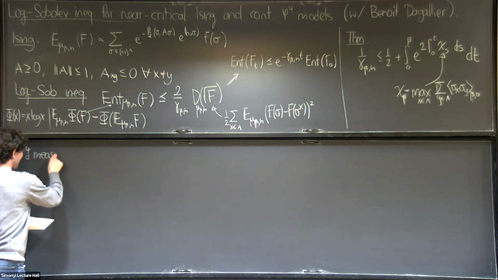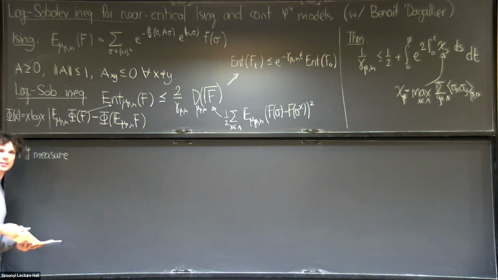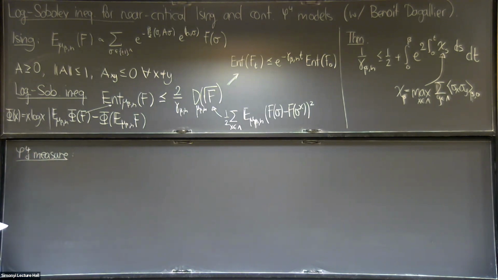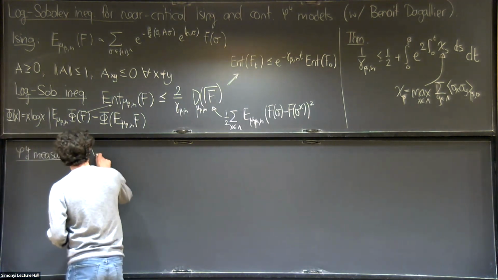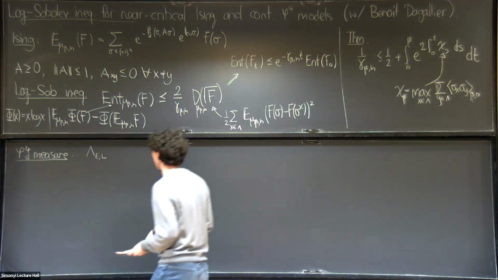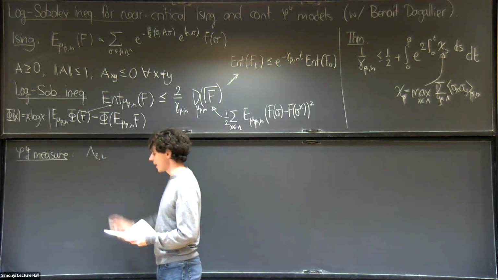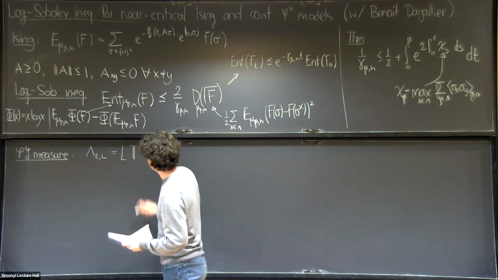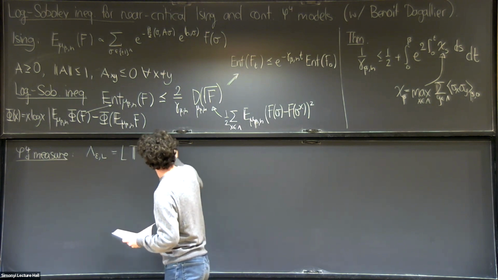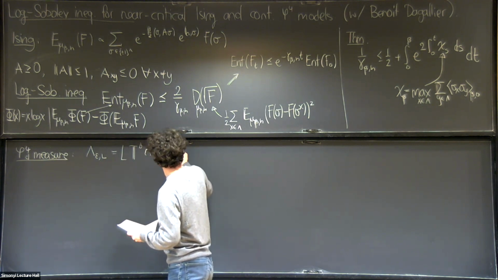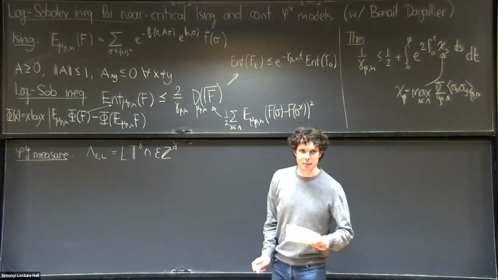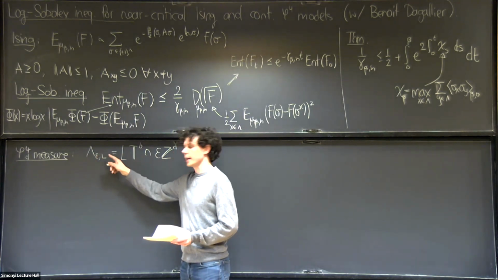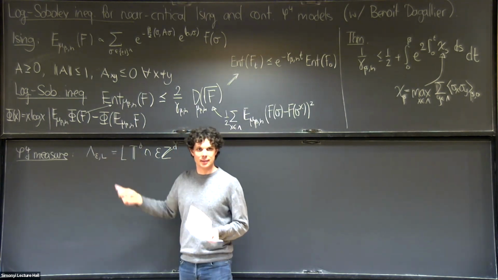results, which in fact were our original motivation. So we look at the continuum phi-4 model. We regularize it by ultraviolet and infrared cutoff. So we're looking at a torus of side length L, and then we take a mesh of spacing epsilon. And in fact, all the results we're stating are in this setting, but they don't depend on epsilon and L.